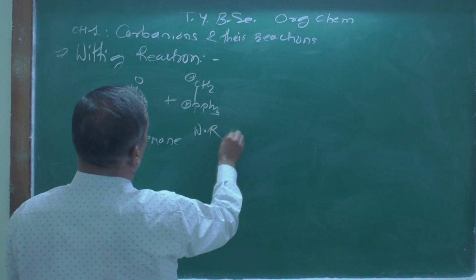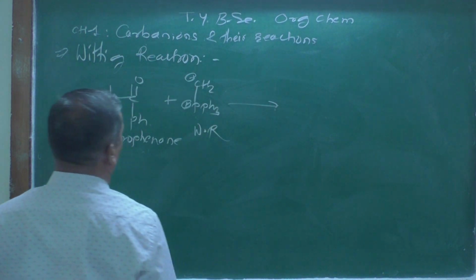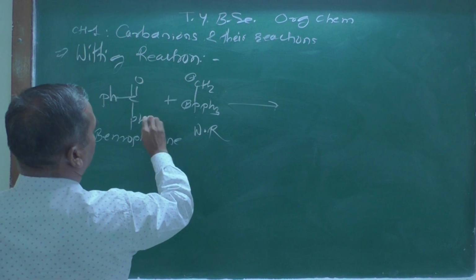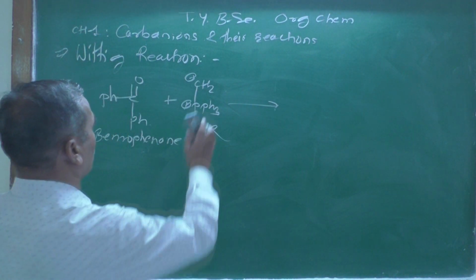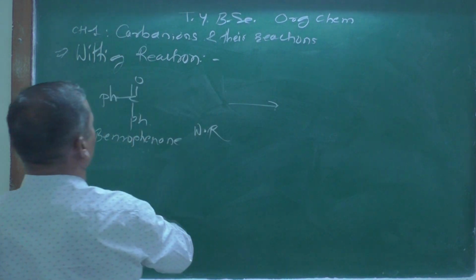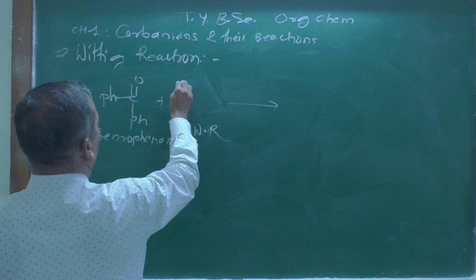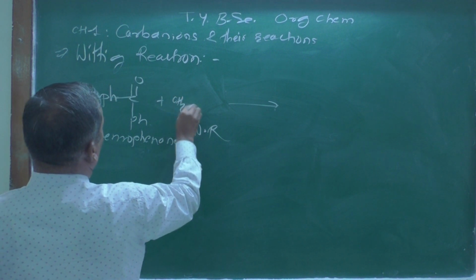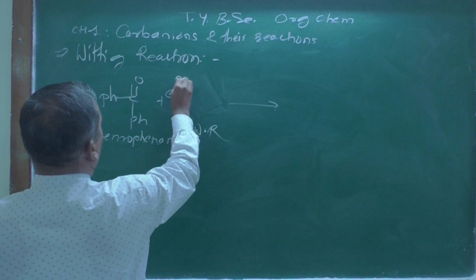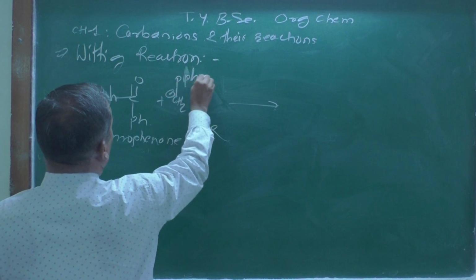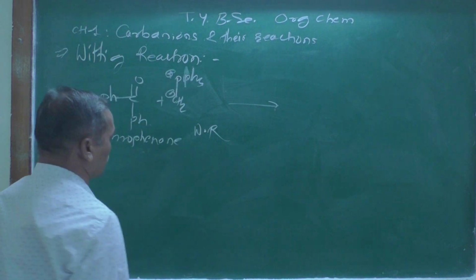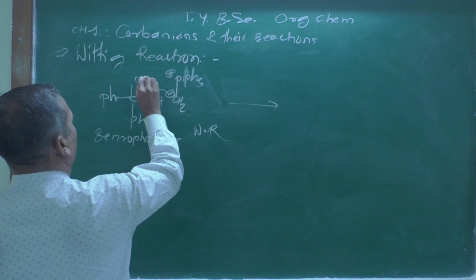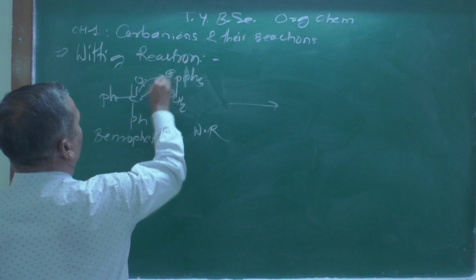This is known as a Wittig reagent, and generally what is going to happen is this negative charge. Now let me draw this properly over here so that we can show the mechanism also. Here is a CH2 minus charge, and here is a PPh3 with a positive charge, as we know. And now this negative charge attacks the carbonyl group, and the lone pair or this double bond can attack